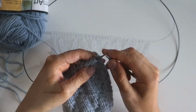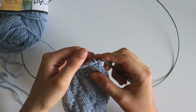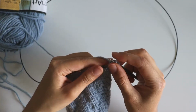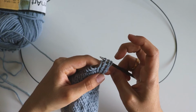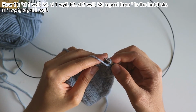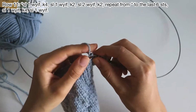There you go. For this row, which is a wrong side row, you kind of have to read the instructions instead of just reading your knitting. So we're gonna knit the first 3 stitches. We're gonna slip 1 purlwise with the yarn in the front, knit 4 stitches,